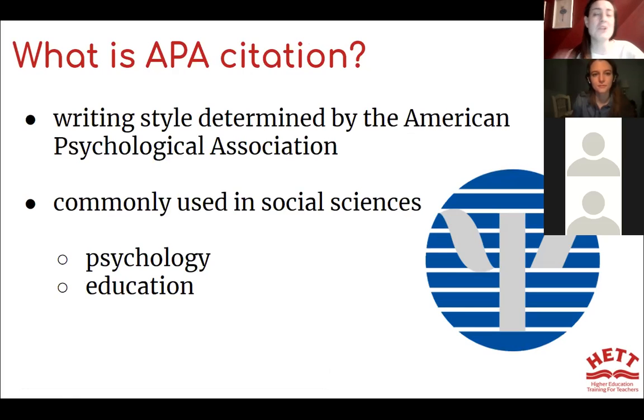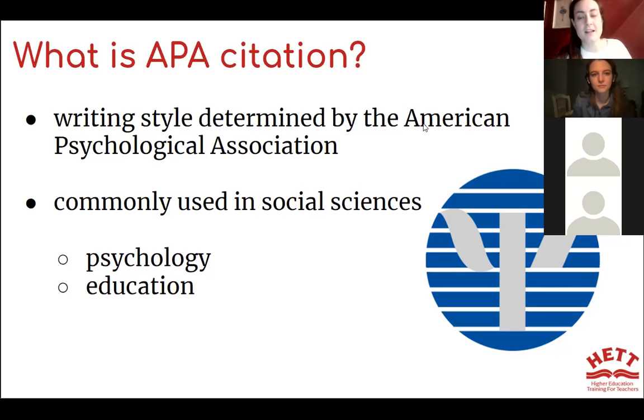I'm pretty sure in both my bachelor's and my master's degree, we used a mix of APA and MLA. We used a little bit of Chicago in my political science classes, but for most of my classes, we used either APA or MLA. They're quite similar, and usually I was allowed to use either or.